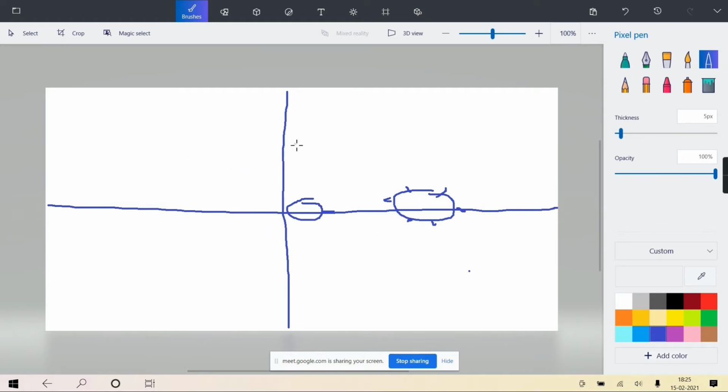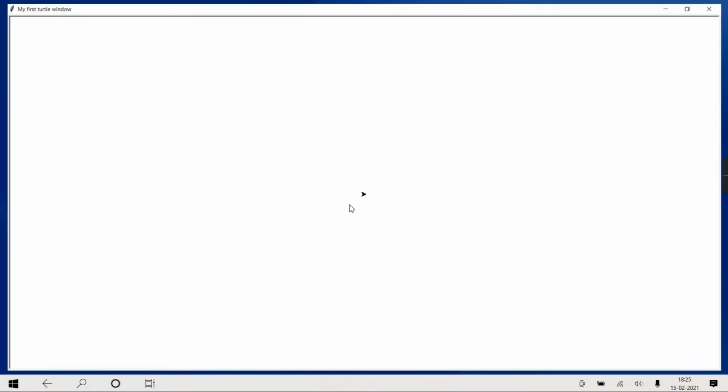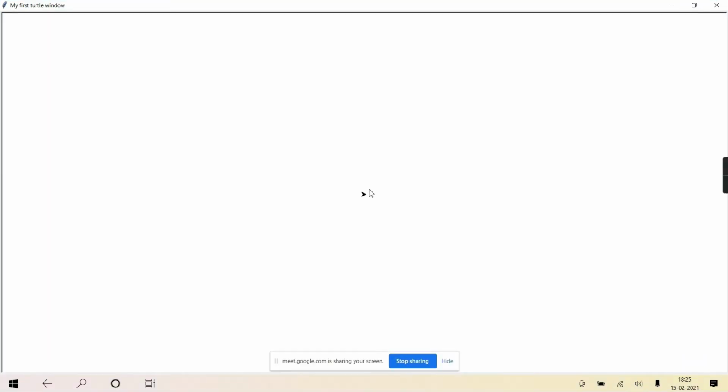So in a 2-dimensional system, your coordinate system is made up of 4 quadrants, 1, 2, 3, 4, and this is the origin. Getting? And you know that in this one x will increase and y will increase. Here x decreases, y increases. Here y also decreases, x decreases. That way. So Turtle Graphics uses this real world coordinate system.